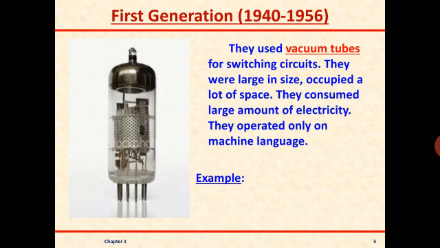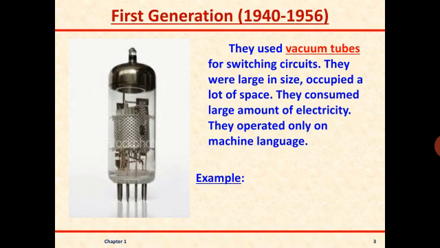Now let me tell you, I am speaking in English. You are understanding it? So English is our communication language. Communication language means I want to express my thoughts to you so that you understand it. If I speak in some other language, you will not be able to understand it. Similarly, a computer language is a language which helps us communicate with the computer.